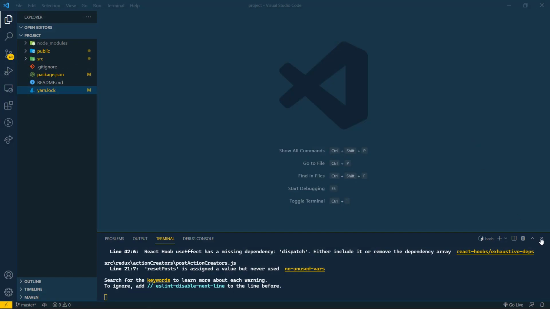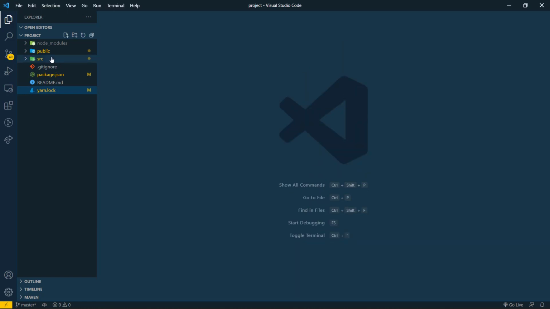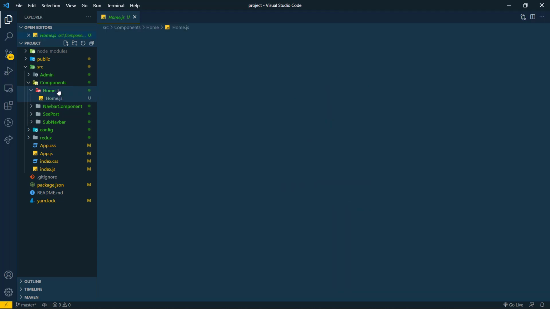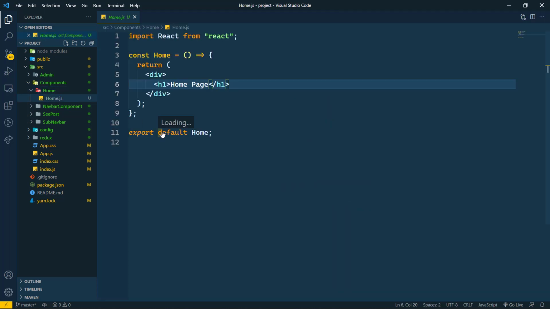So we are in the coding section here. I'm going to the resource source folder, then to components, and in components there is our home.js. We are going to work with this home.js only. First of all, let's create a container here.